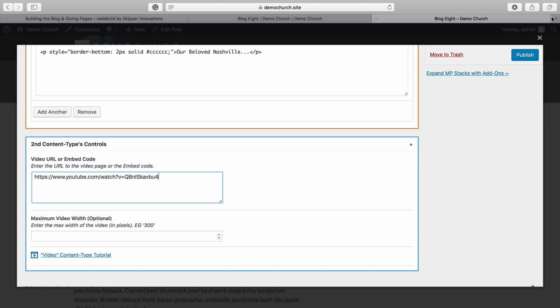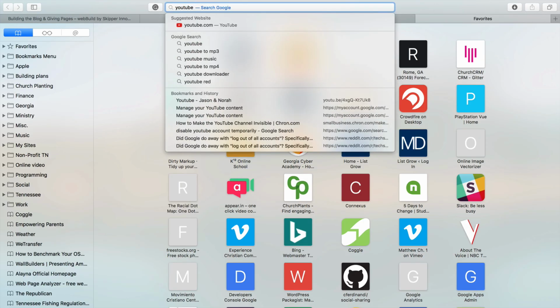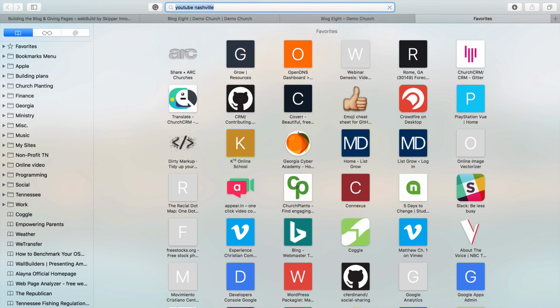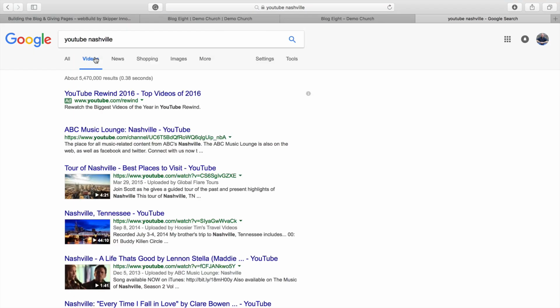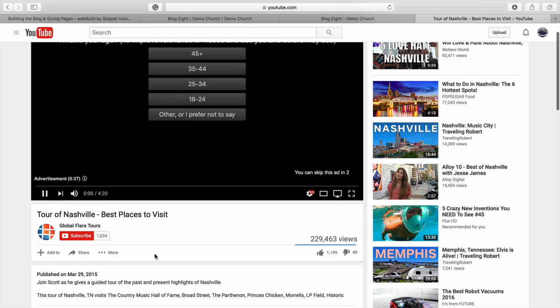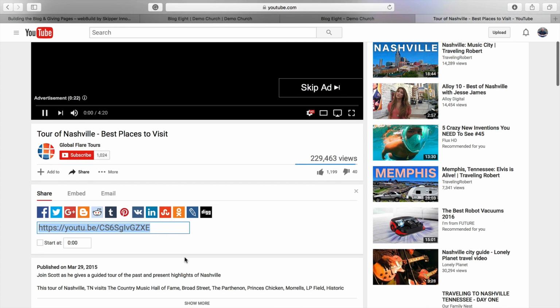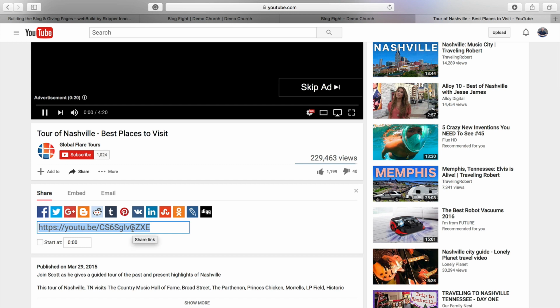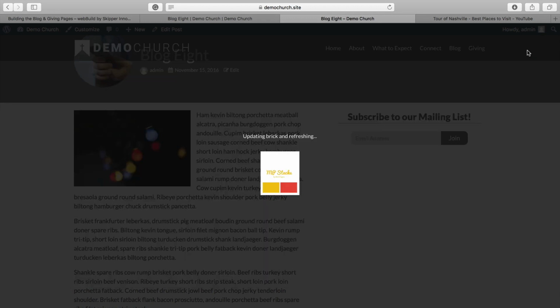And let me show you where you get that embed code. So if I go to YouTube, and I'm just going to search YouTube Nashville. Of course, you're going to get your own videos. You'll see right here that we can go in. If you see the share button right there, if I click share, right there is the code that we need. That's all we need. Okay, you take that, you copy that, you put it in here, you hit publish,